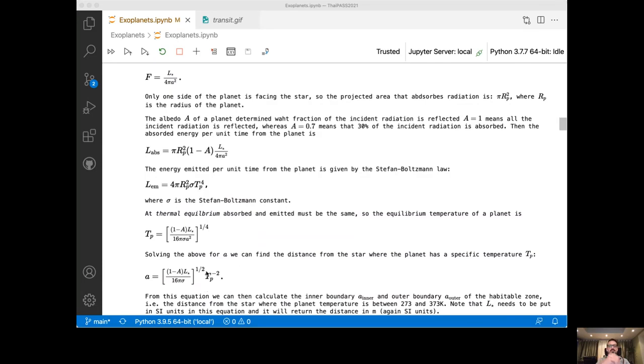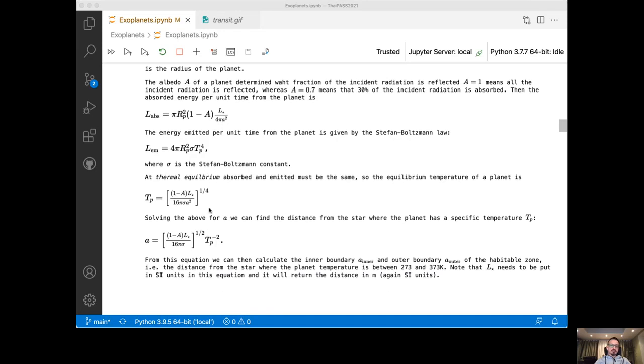So in order to calculate the temperature of the planet, what I do is assume that the planet is in equilibrium. That means that it receives the same amount of energy that it radiates away. The amount of energy that the planet receives comes from the star. And then because the planet is hot, it radiates some energy. And by balancing these two energies, we can calculate the temperature of the planet that is given by this equation here,